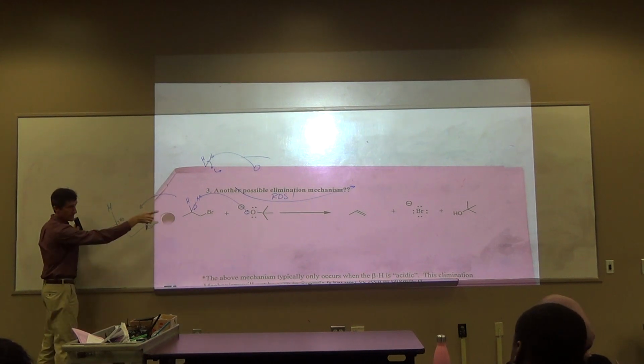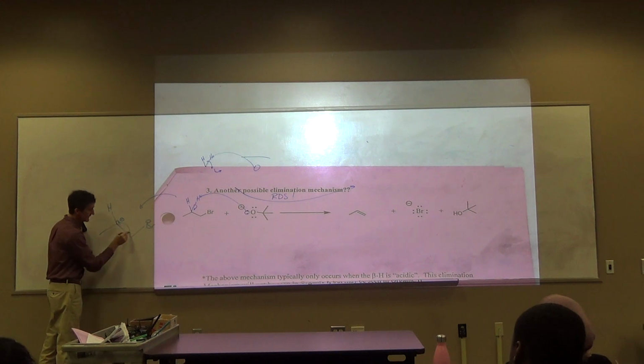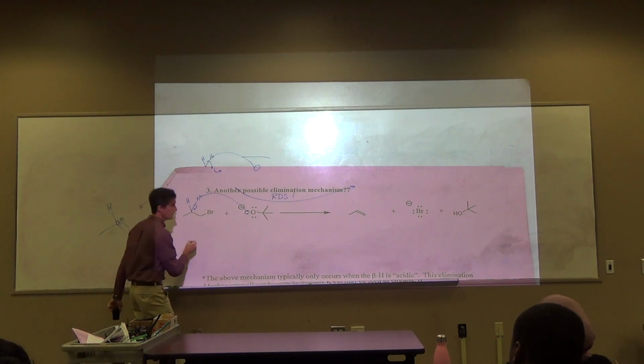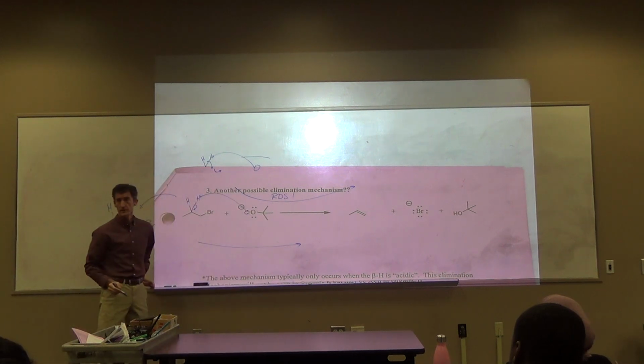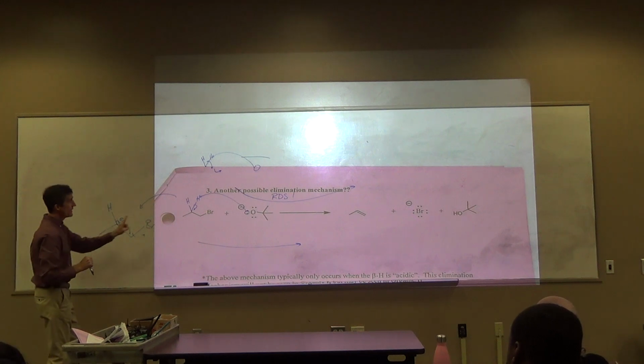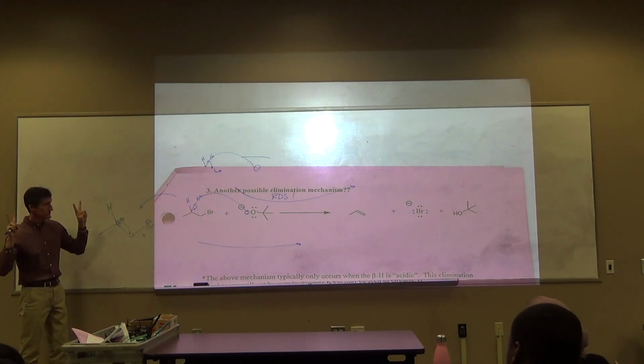Now from here, how could we get the alkene and the Br minus? Now these electrons could move in and kick off the leaving group. How about this? What would that give? It would give the products, right? Is that a third mechanism, or is that the same as one of the previous ones? That doesn't look like one of the previous ones. It's different. Third one. This is where you treat the H as a traditional acid proton, and you remove it